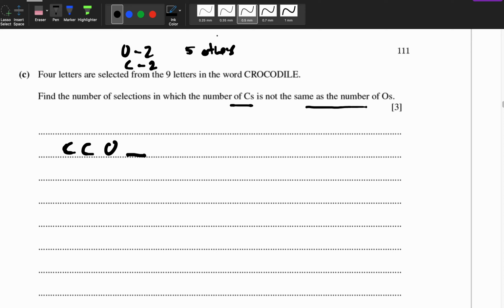So we can only choose from 5 others. That means this one will give you 5C1. So here there are 5 combinations. Okay, after that you have to think about